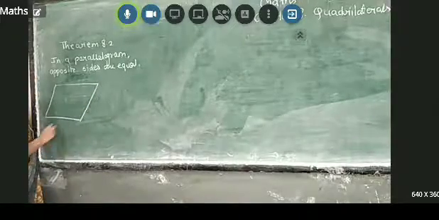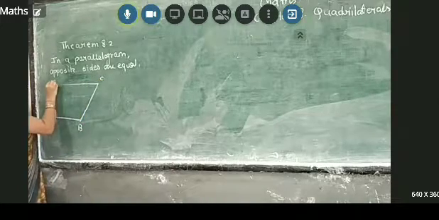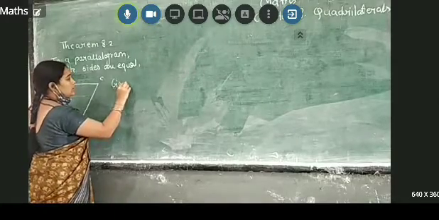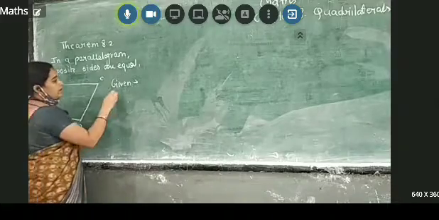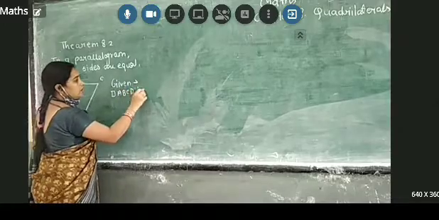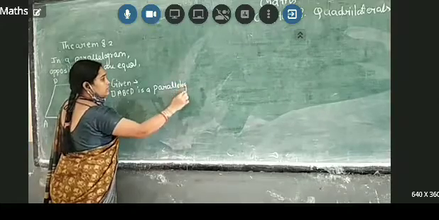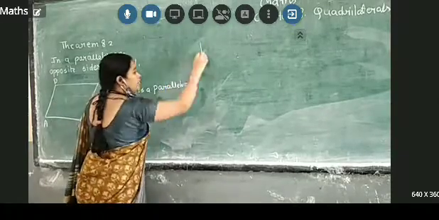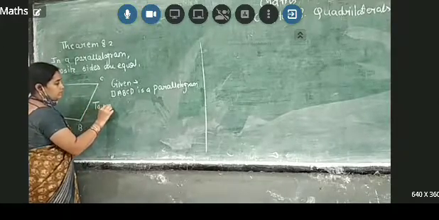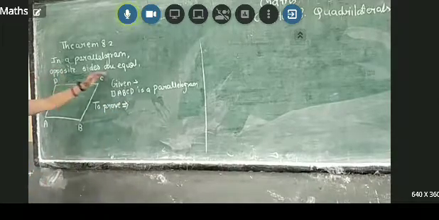This is a parallelogram. Okay, just name it A, B, C and D. Clearly? Now write the things which are given to us. The thing given to us is that ABCD is a parallelogram. Clear beta? To prove, what we have to prove? The thing which we have to prove is that opposite sides are equal.